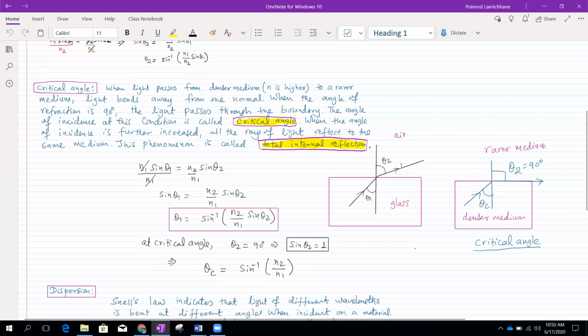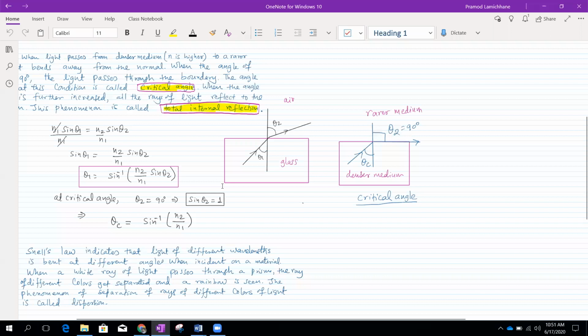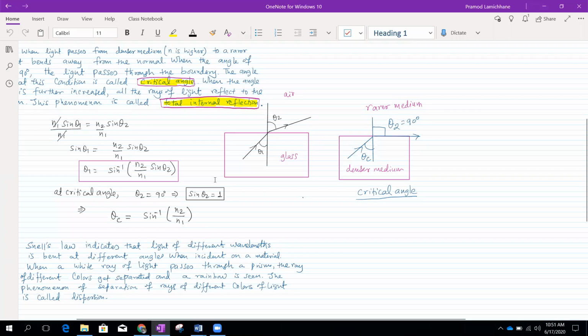So we use this phenomenon, total internal reflection, in the internet. So we have high speed internet because of that. Doctors also use endoscopy, which uses total internal reflection. They send the light through the mouth, and then they look into the stomach. The material they use is such that total internal reflection occurs, and then the doctors can